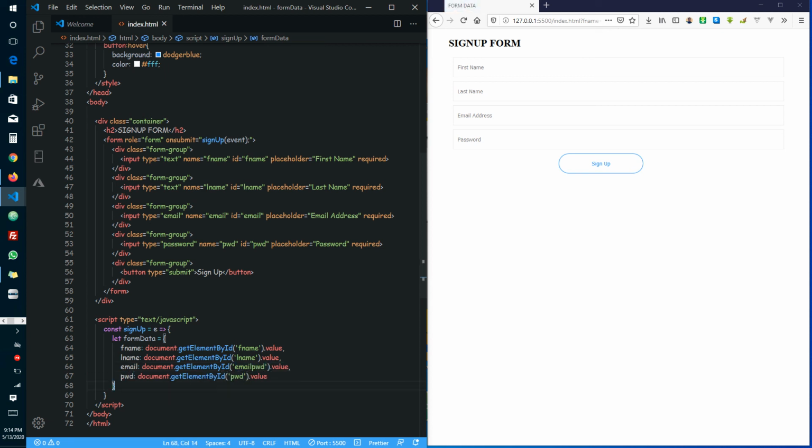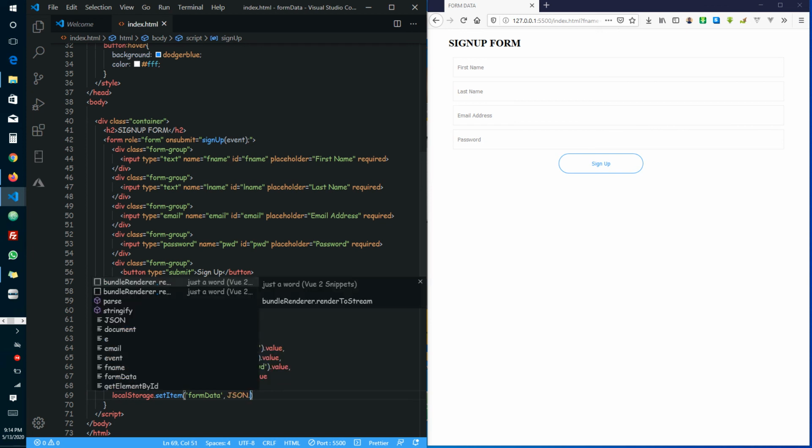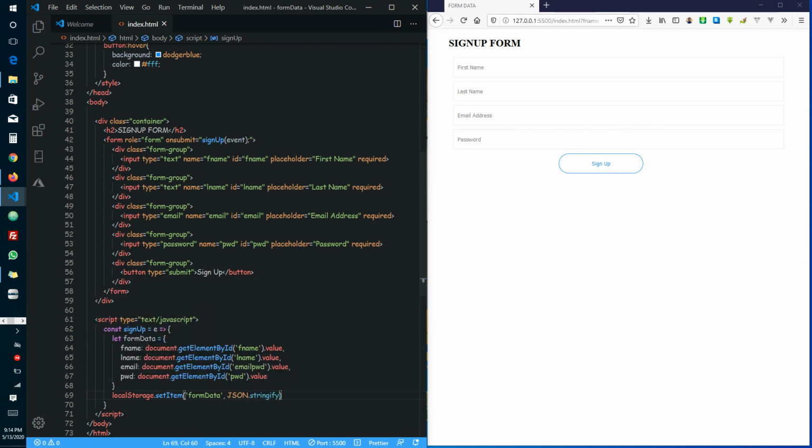So let's assign this to a local storage medium. We're going to set an item called formData, and let's assign the object formData to our formData key. So JSON.stringify,